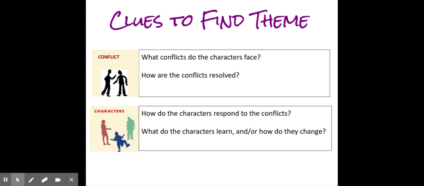Okay, again, those first 2 pigs just rushed through it for the quick and easy fix. But the brother who did it right the first time and took his time, his efforts were rewarded and they were safe. So again, the main theme of the 3 Little Pigs would be to take the time to do it right the first time. And you can use these clues to help you figure out the theme in any story and hopefully in your